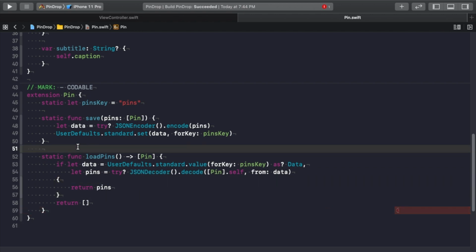So that's it. That's persistence right there. And I'm now going to explain what that means when you're done coding it. But